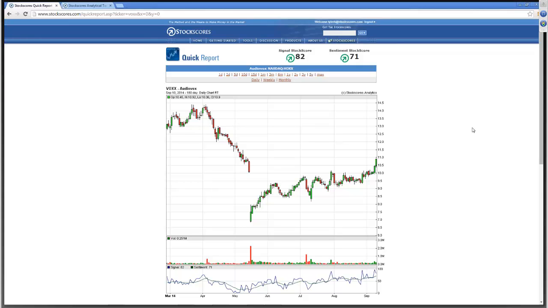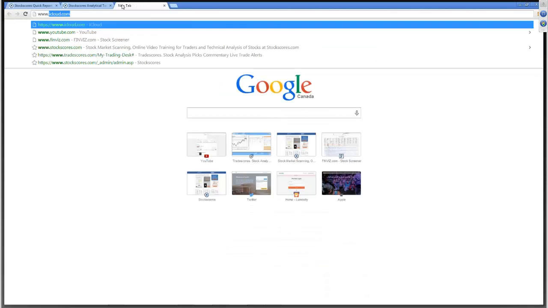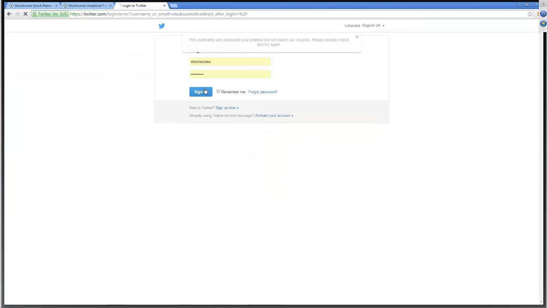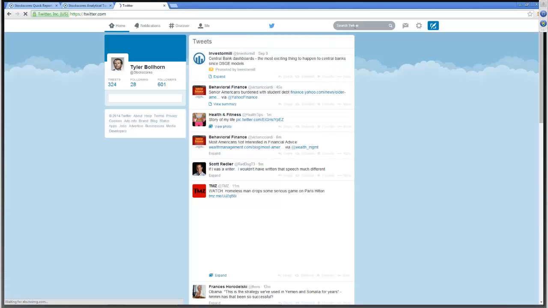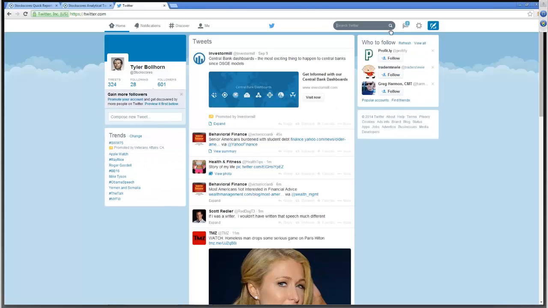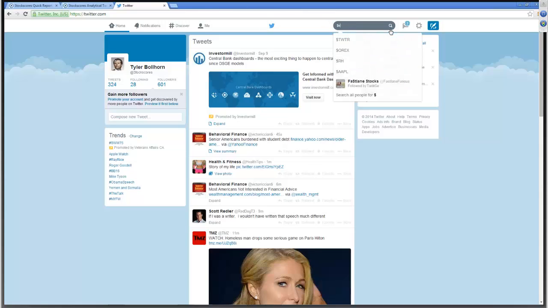Now, where do I get information about catalysts? Well, news releases are one, but the best source for what's driving a stock as it happens is Twitter. So if you go onto Twitter, I'll show you a little trick here. Once you're in Twitter, you can search using a little dollar sign. Oh, there you see Paris Hilton on our screen. She's always on Twitter. So if I wanted to know about Vox, I would type in $VOXX, and